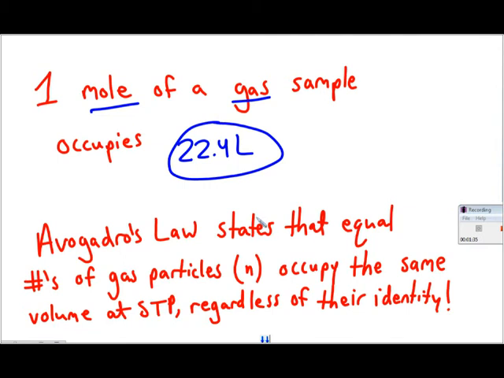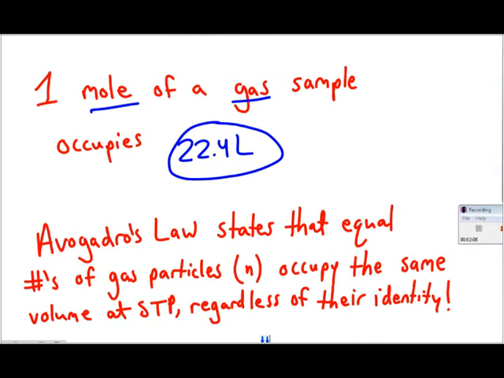And so Avogadro's law, what he said is it doesn't matter what identity the gas is that's filling up the container. You could have oxygen gas, carbon dioxide gas, nitrogen gas. No matter what gas it is, at STP, if you have 1 mole of that gas, it's going to occupy 22.4 liters of space, regardless of the identity. 1 mole of gas, 6.02 times 10 to the 23rd molecules of gas, or atoms of gas, are going to